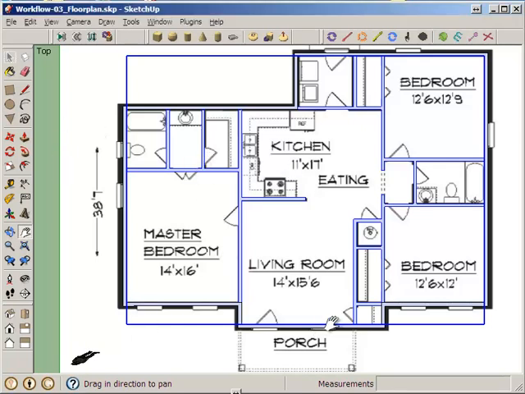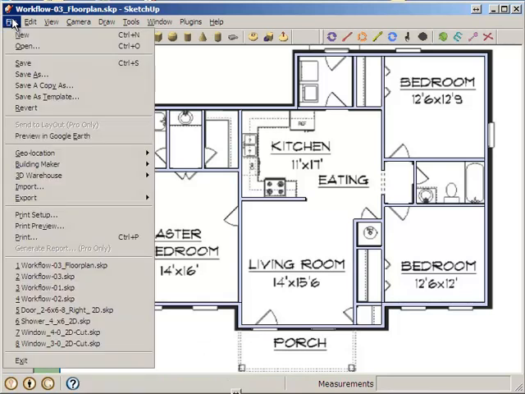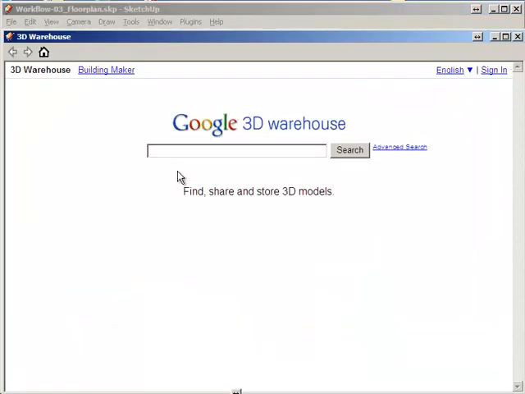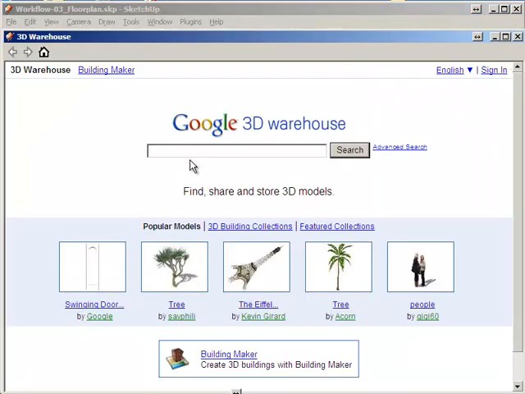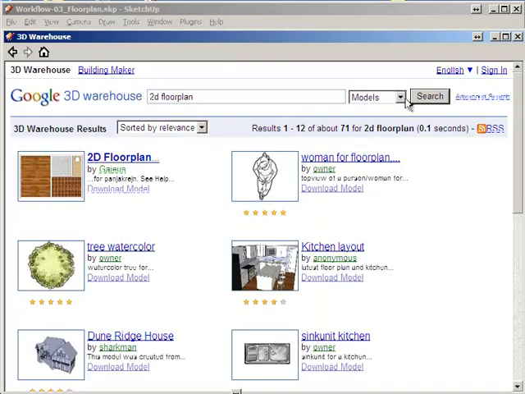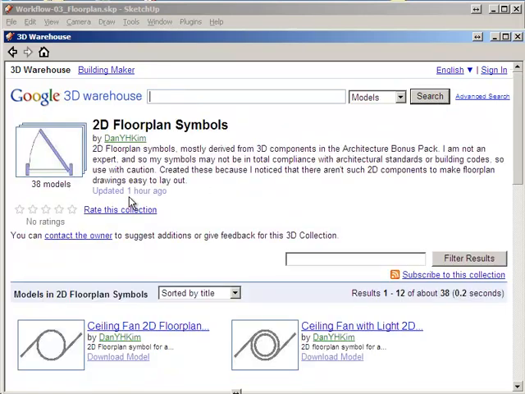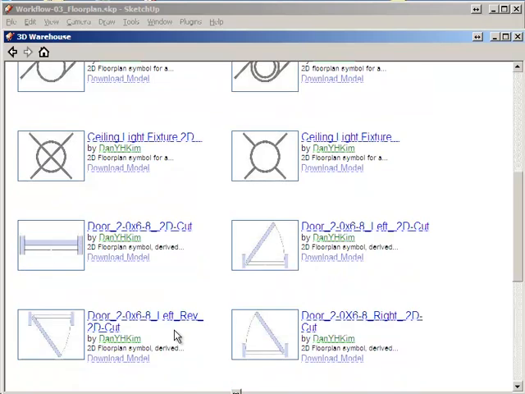doors and windows. I've made components in SketchUp to act as two-dimensional doors and windows to use inside here, and I've uploaded those to the 3D warehouse, so that you can go and get models, and you can look for 2D floor plan symbols as a collection. So I've created a collection of these, and here we have doors,